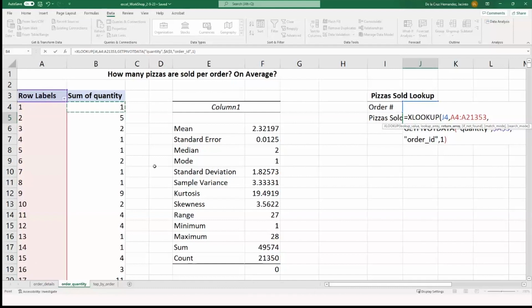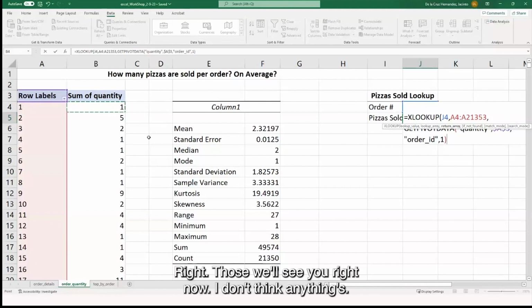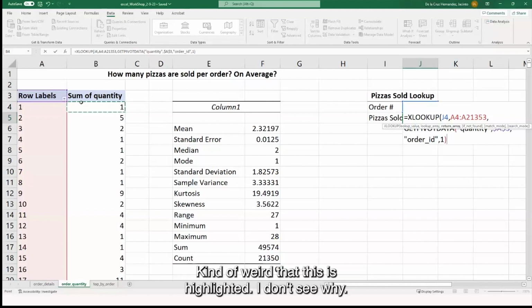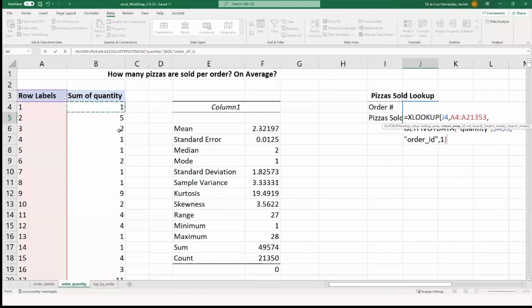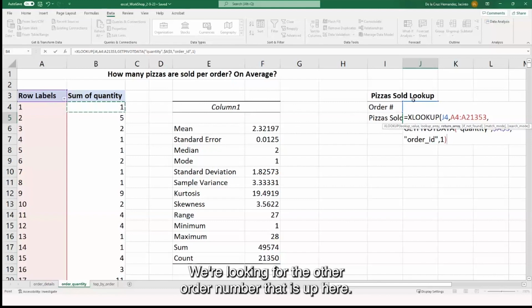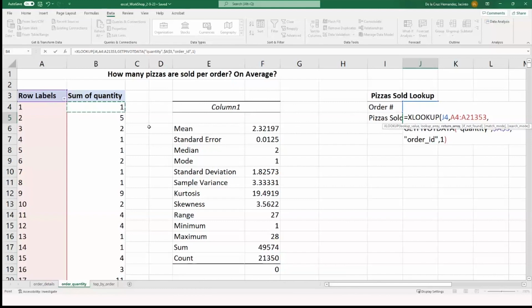Highlight it up there. All right, let me see right now. I don't think anything's wrong. Kind of weird that this is highlighted. I don't see why. But so we're looking for the other order number that is up here, and we're going